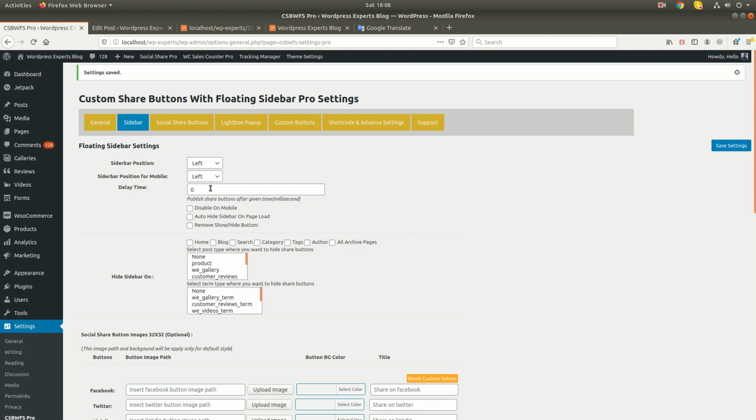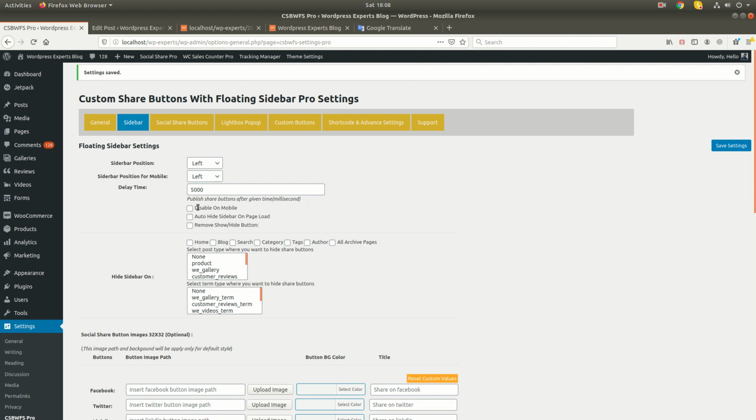This is in milliseconds. Like if you want to publish the social buttons 5 seconds after page load, you need to define a value of 5000 here.